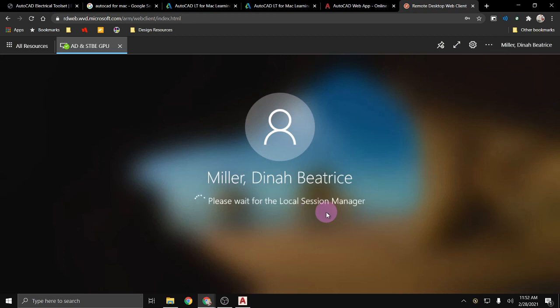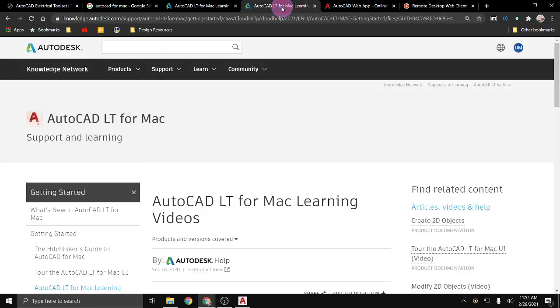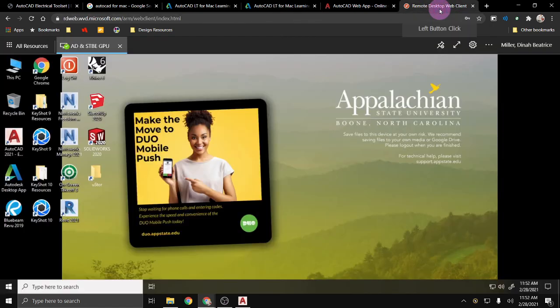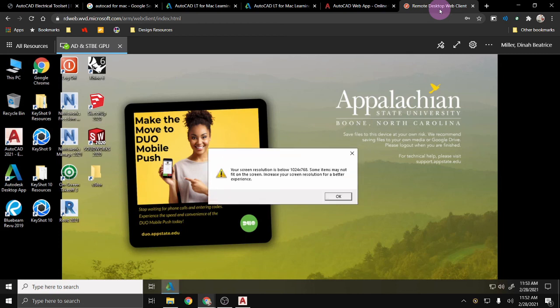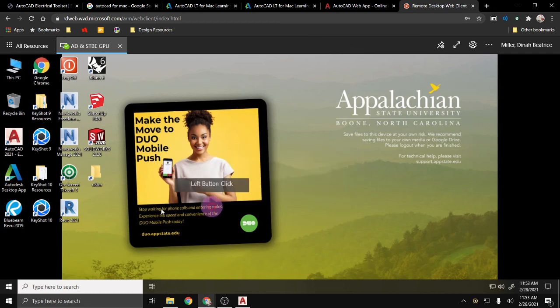But just once again, as a little forewarning with Autodesk, if you walk away from it, and by walk away, it could be that you just go into another tab, you're playing around in that tab for a while, and you're not doing anything here in the Autodesk tab, it could log you out. Or if you just walk away from your computer, it could log you out. So I do recommend you save your work often, save it to a flash drive that you own. Don't save anything directly here in this virtual computer,